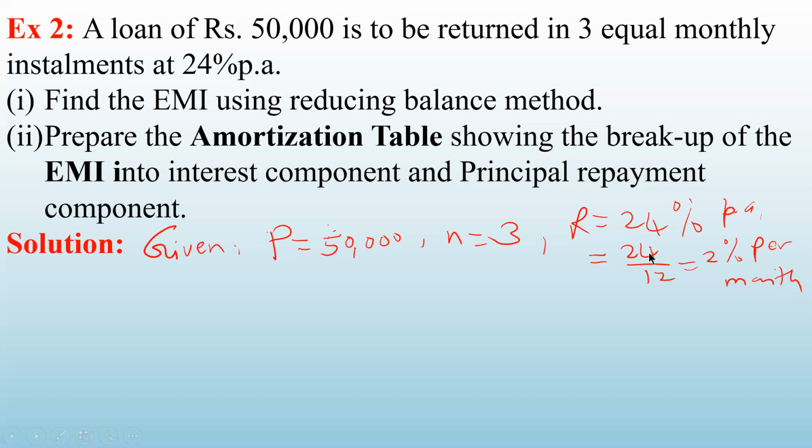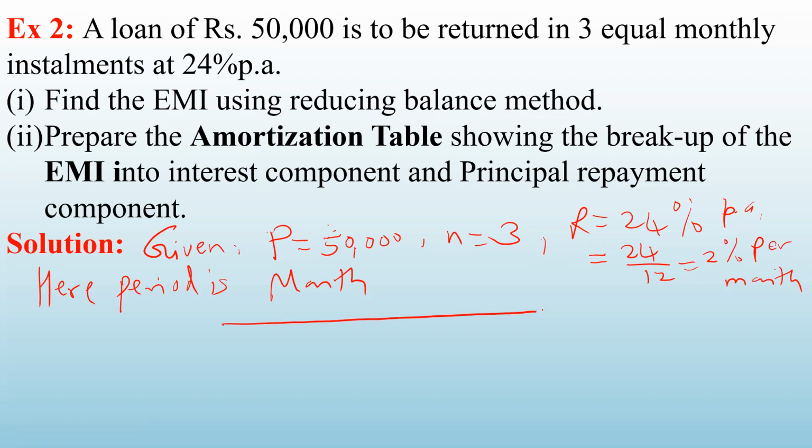Many students forget to divide it by 12. They take it as 24 and solve the problem, so that will be wrong. So remember that in EMI calculation, the rate of interest has to be converted to per month because the period is month. Even N also. Here it is already given, so you don't have to convert. If N were 1 year, then you would have to write 12 months here. Okay, that is how it is. So in all EMI problems, the period is month.